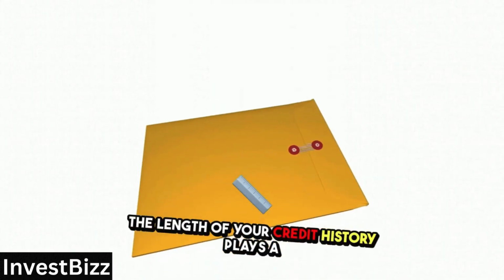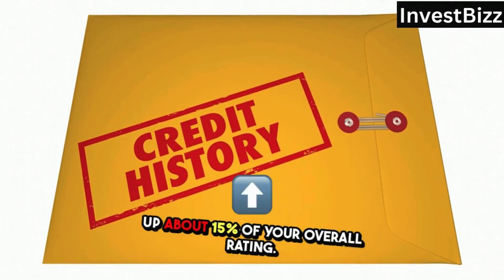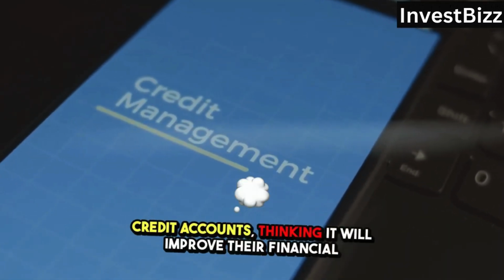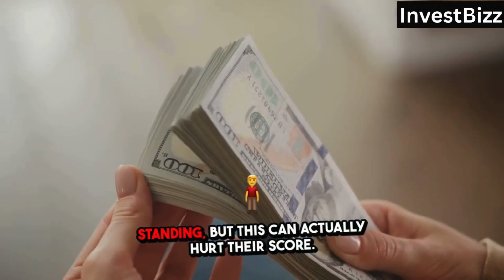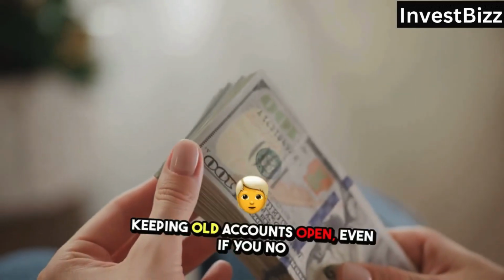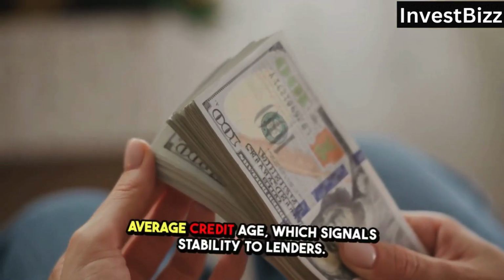The length of your credit history plays a crucial role in determining your credit score, making up about 15% of your overall rating. Many people make the mistake of closing old credit accounts, thinking it will improve their financial standing, but this can actually hurt their score. Keeping old accounts open, even if you no longer use them frequently, helps maintain a longer average credit age, which